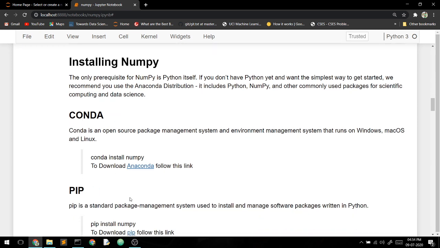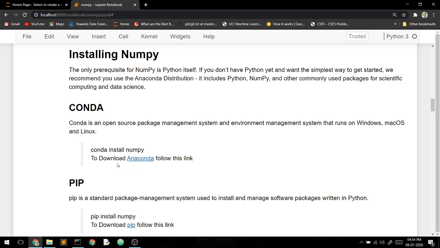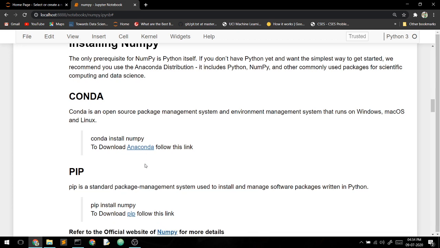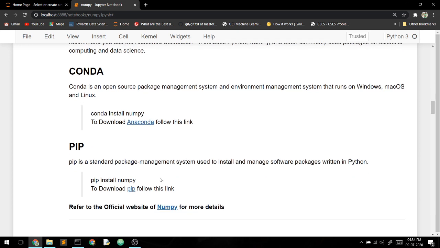How to install pip and Conda? You can follow the link from here. Anaconda is also an open source package, but pip is the standard package management system, the basic package management system for Python. You can download all the packages and software written in Python using pip. To download pip, you can follow this link, and to download Anaconda, you can follow this link.